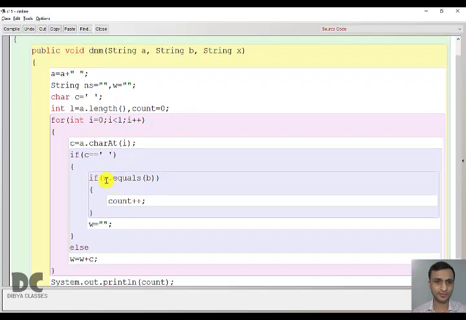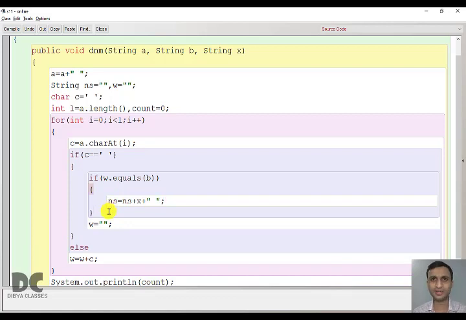So here, after extracting the word, we are going to check if it is the same word that we are going to replace. First we need to check if it is the same word that we are going to replace. If yes, then we are going to replace. So how to replace? NS is the new string. After replacing, we will get a new string: NS equal to NS plus X plus space, where X is the new one.